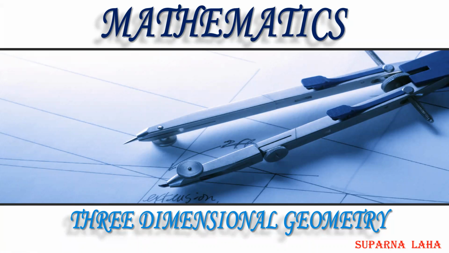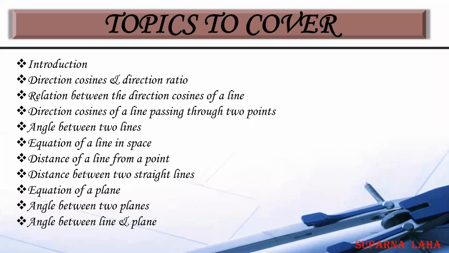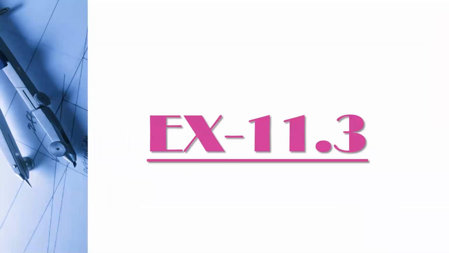Welcome everyone. So we're discussing the chapter three-dimensional geometry and we already completed up to the equation of plane. That is, we already know about the different forms of equation of plane, its vector form, its Cartesian form, normal form, intercept form. So there are some forms and their vector and Cartesian representations also. So today we will solve the problems from the exercise 11.3 from your NCERT book